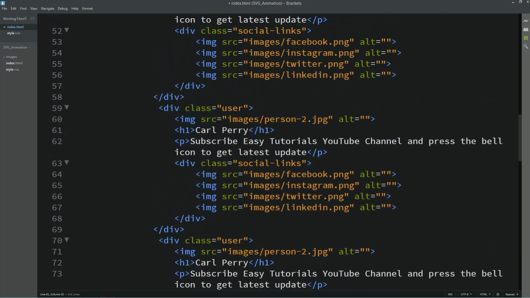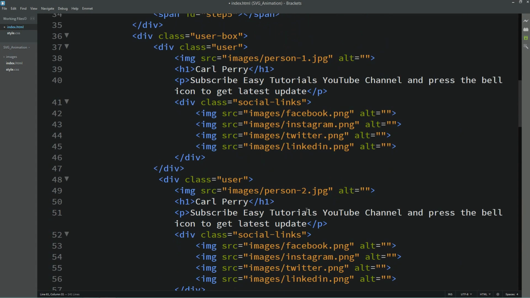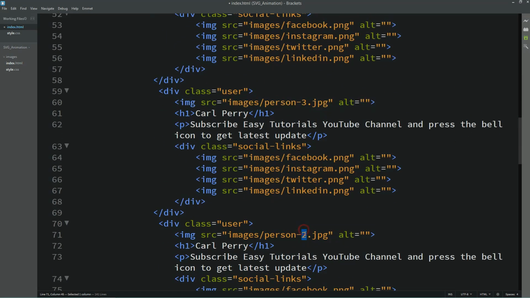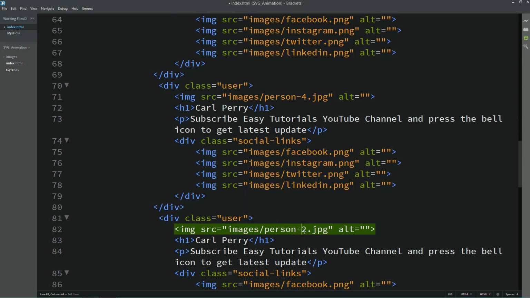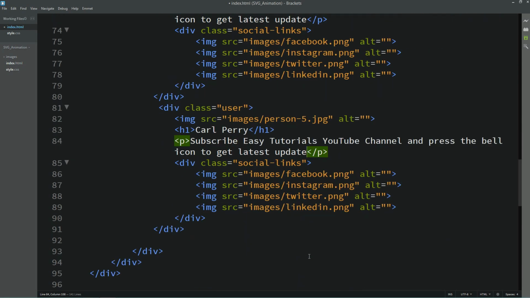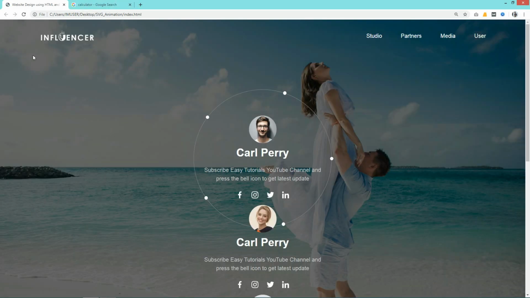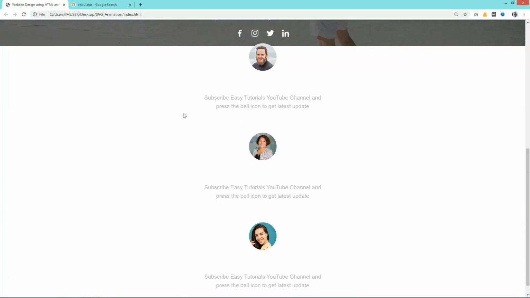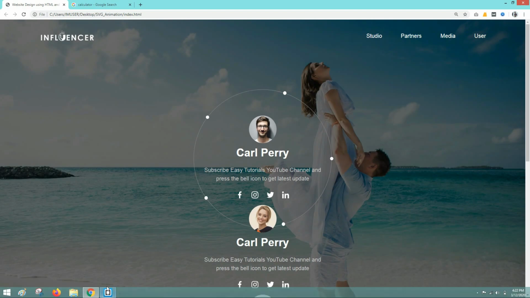And now we have 5 users information. We will change the user's name and user's image. Then save the changes and reload the web page. So you can see different users image here, and right now it is coming one after another.